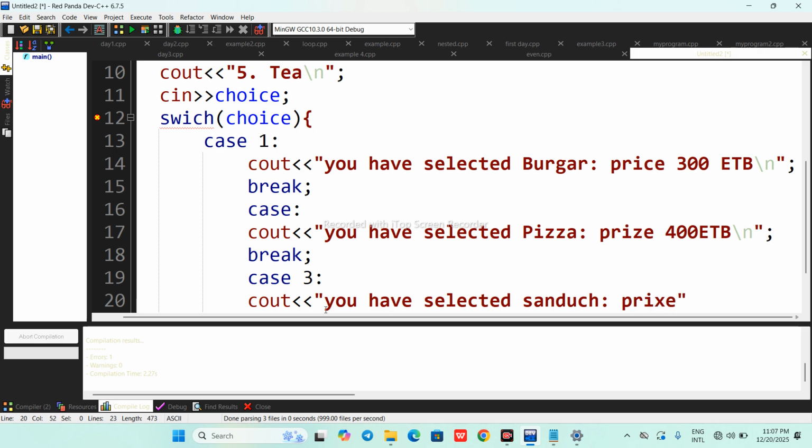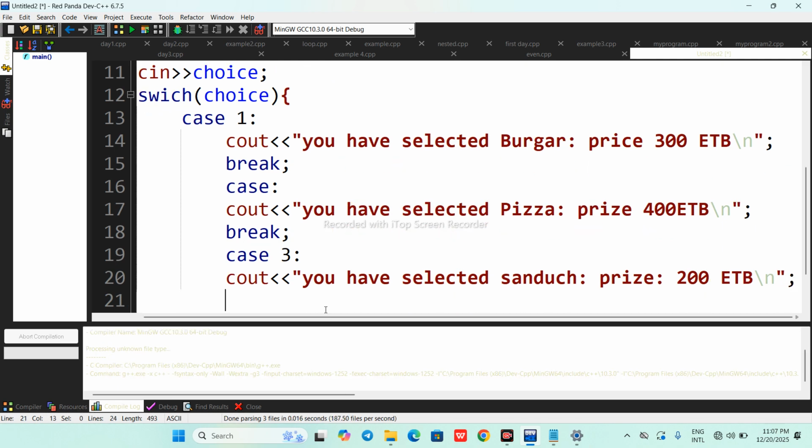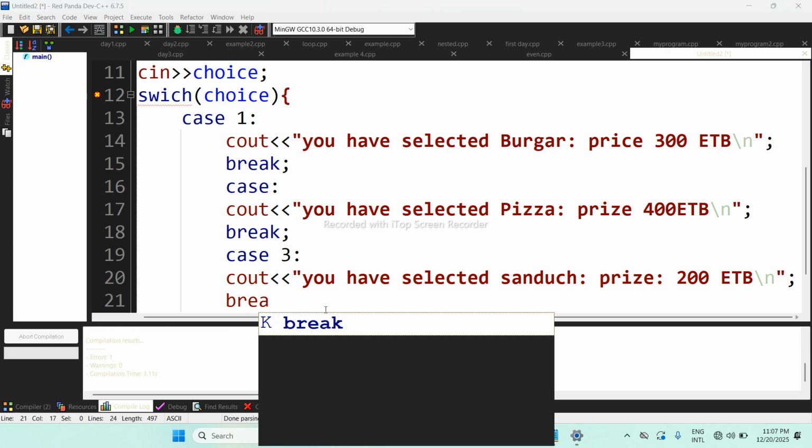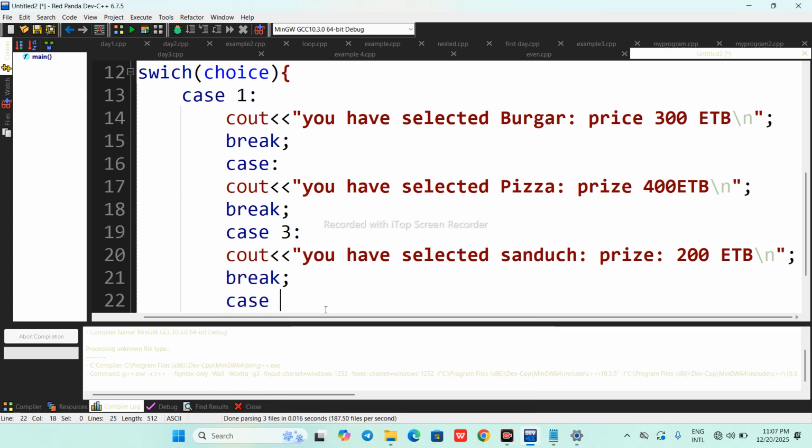Price equal to 200 Ethiopian birr\n"; semicolon. So we need to break, that means completing case 3 here. So now another case is there, case 4.